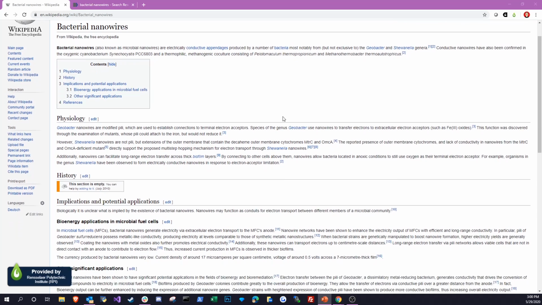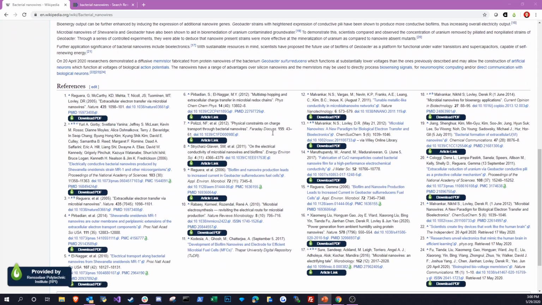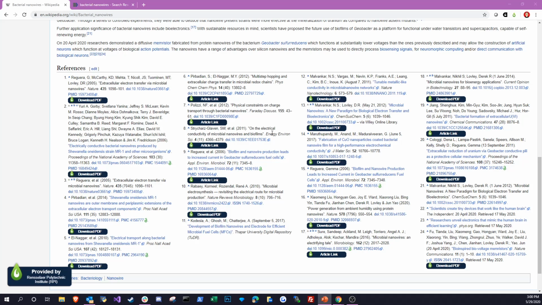And I'm just going to scroll down to the references section of the article. And then you can see here that I have a variety of ways RPI libraries can connect me to these scientific articles. So if I click here on Download PDF,